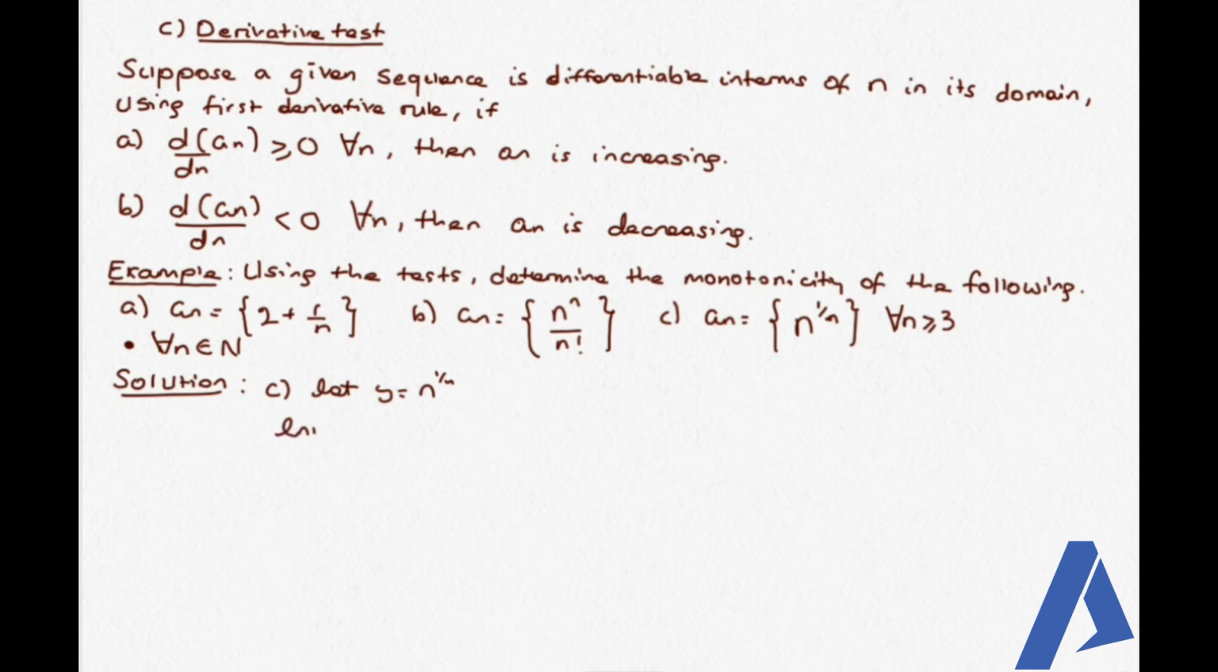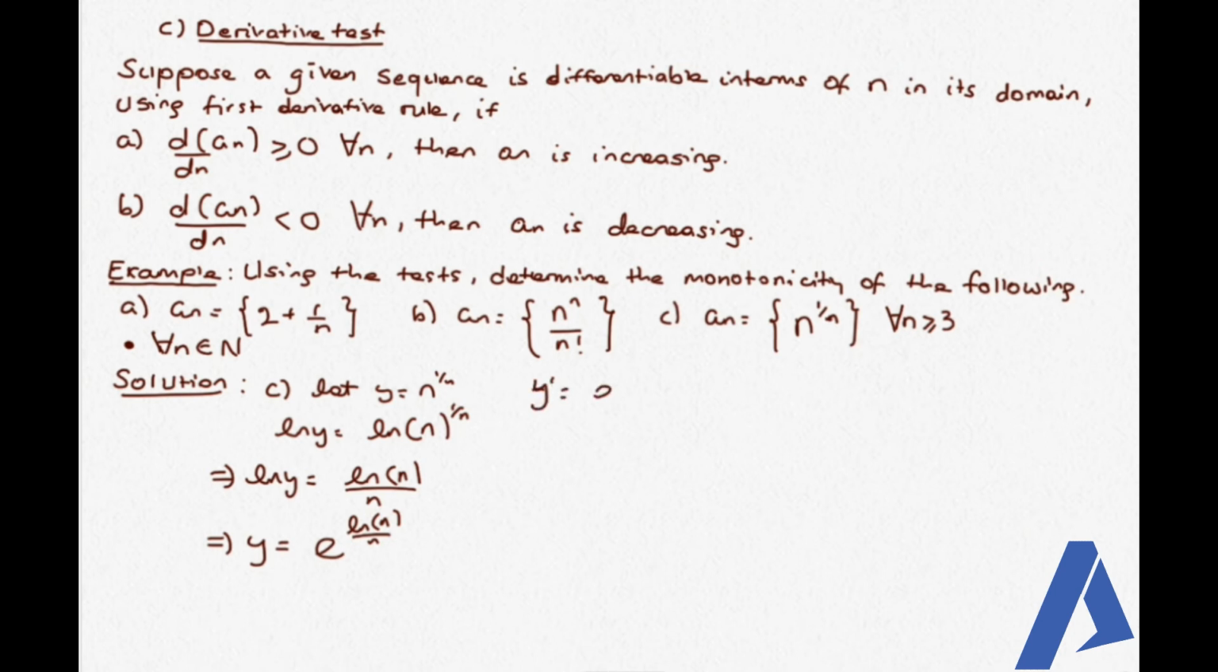በመውሰድ ln y = ln of n^(1/n), ስለዚህ ln y = ln n / n. This implies that y as a function of n is equal to e^(ln n / n). ስለዚህ እዚህ ዴሪቬቲቭ በመውሰድ ኤክስፖኔንሻል ሩል ነው፣ ስለዚህ ዳይሬክትሊ y ዴሪቬቲቭ ማለት e^(ln n / n) times the derivative of (ln n / n)